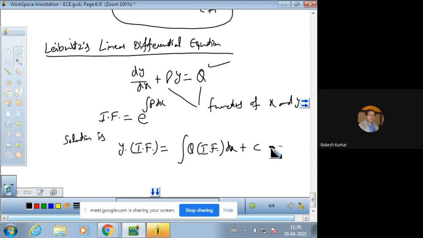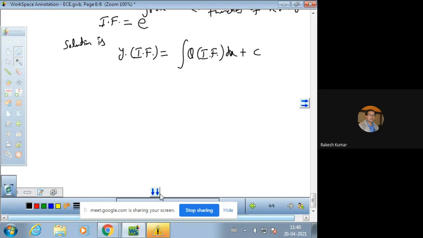So this is the solution method of the Leibniz linear differential equation. This is the way we define a Leibniz linear differential equation and its solution. And I am repeating that in a Leibniz differential equation, the derivative occurs only in first degree and is not multiplied together. So we can take the example of a Leibniz linear differential equation. The example is: solve the differential equation x into 1 minus x square into dy by dx.